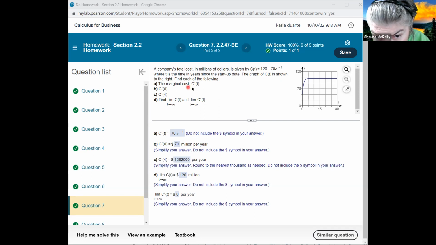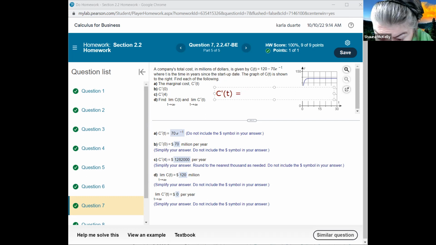The marginal cost, C prime of t, that's just the derivative of this function. So we differentiate each term. The derivative of 120, that's a constant, so that goes to 0. The derivative of negative 70 e to the negative t, that's just slightly tougher. You have the negative 70, so you're going to use that. If I take the derivative here, this is going to be C prime of t is going to equal,